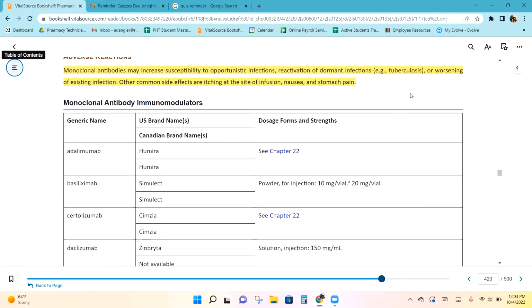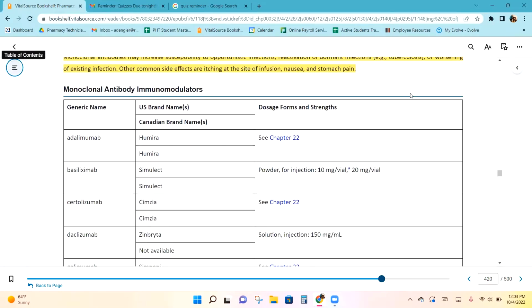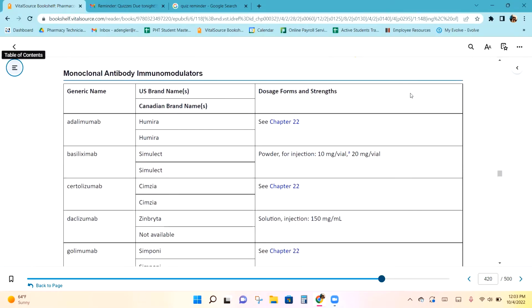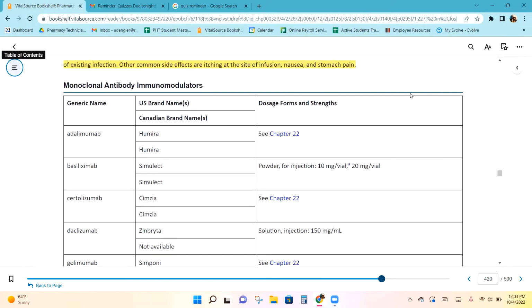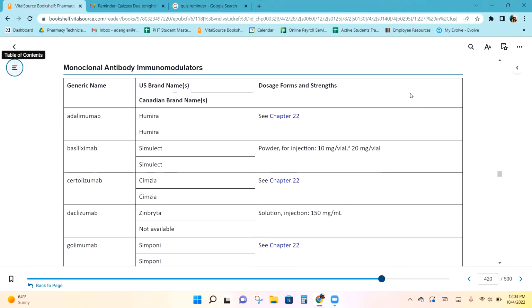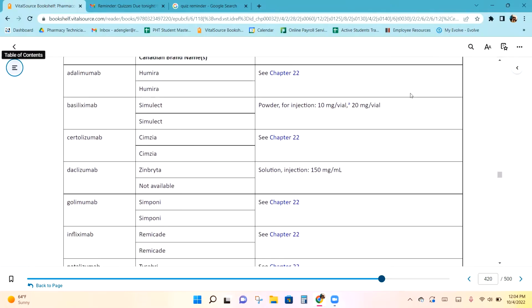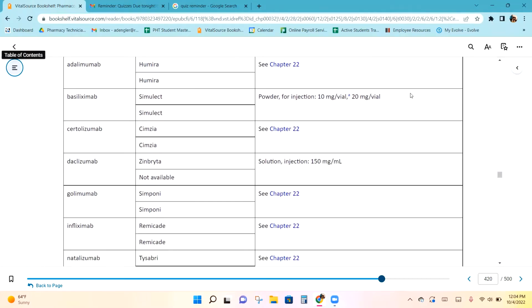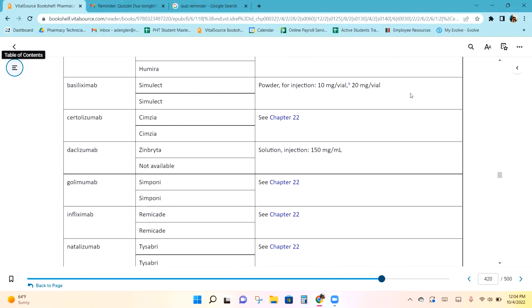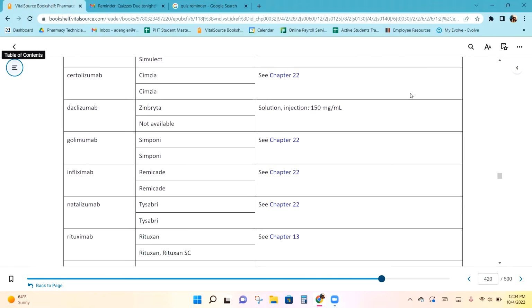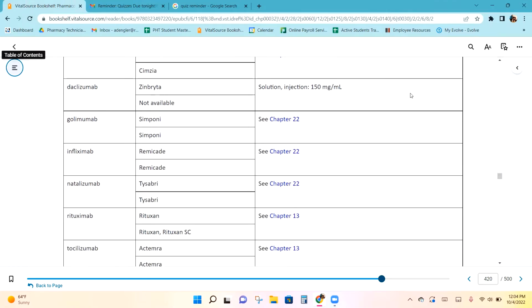So we have a list of monoclonal antibody immunomodulators. These are newer medications, and not new in the sense of the last 5 years, but new, I'd say, in the last 20 to 25 years. Being really popular and used for many different autoimmune diseases. Humira, you might have seen commercials. It works for so many different things. It is a great drug. So that has that common ending of MAB, same as Simulect, Cimzia, Zinbryta, Simponi, infliximab, natalizumab, rituximab,